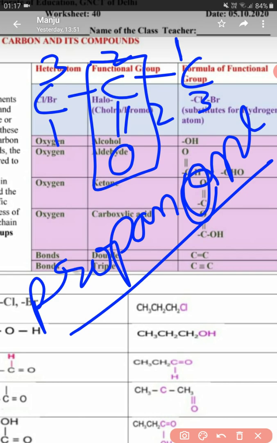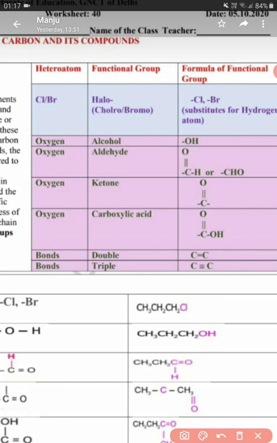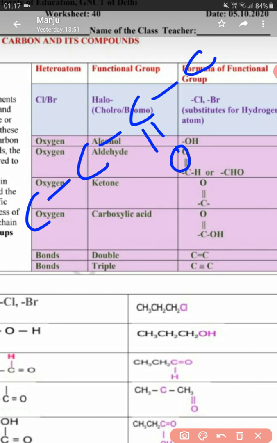So before giving the name, we have to number these carbon atoms in order to give the correct name, and that we will come to know by practicing a large number of these compounds and naming them. So now let us see one more example of ketone. Suppose we are having these 4 carbon atoms. Now in this case also you will understand how to give the number to these carbon atoms.